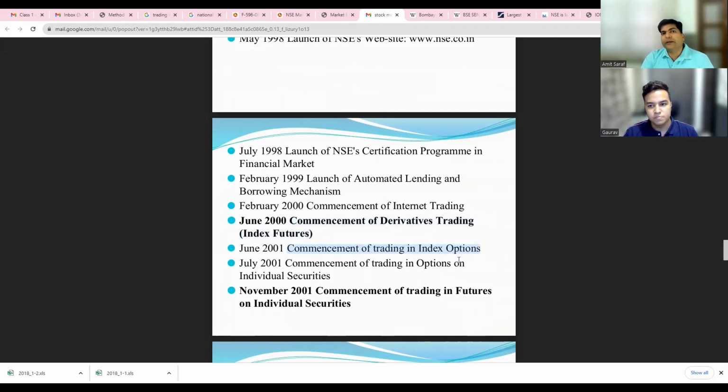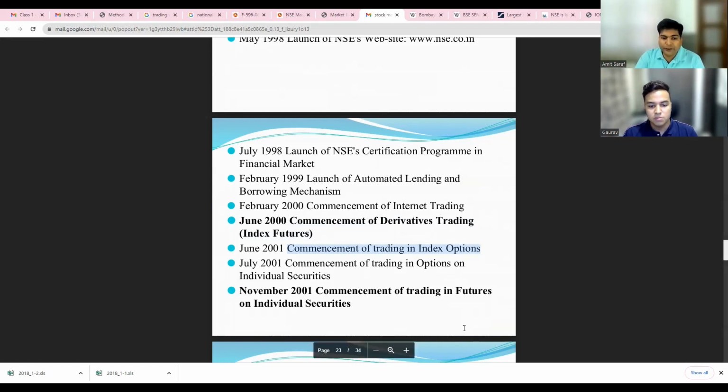So you might be inclined to ask me, what are these? What do you mean by derivatives? What are futures? What are options? We will be coming to that, but this is how recent Indian stock markets are. We saw these futures and options in Western markets or American markets 20-30 years before they were even introduced in India. So we are lagging 20-30 years in various aspects, but we are quickly catching up. I'll show you how we are catching up.